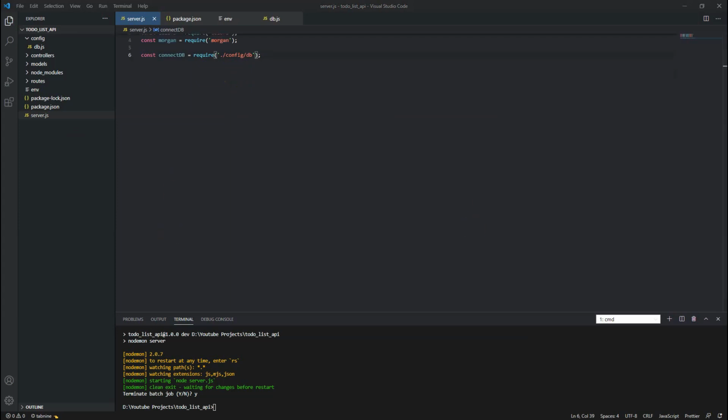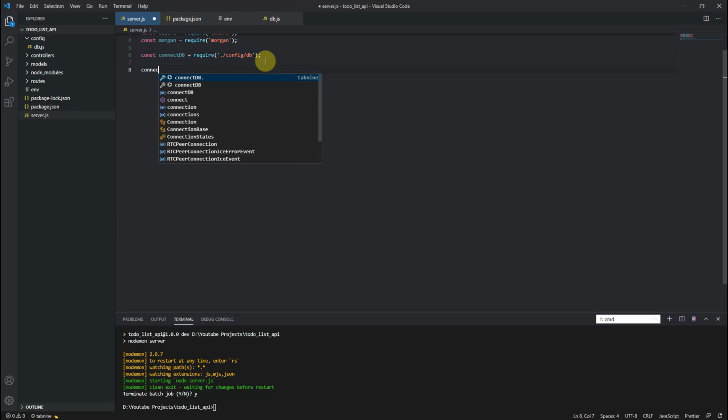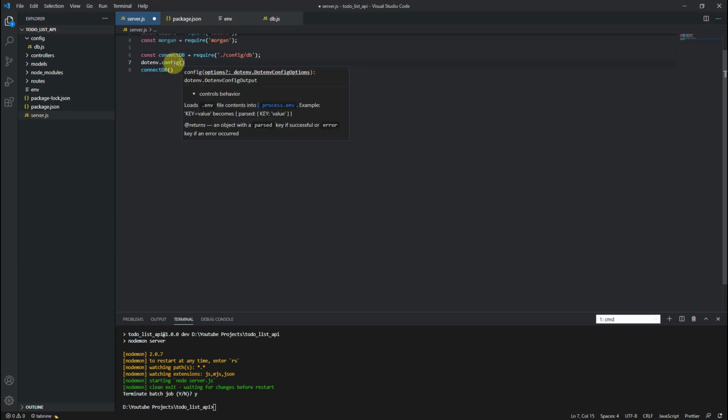So we need to bring it here also. We need to call connectDB from the server.js file. Okay, another thing we need to do: we need to run that .env, dotenv.config, and in this config we need to give that path.